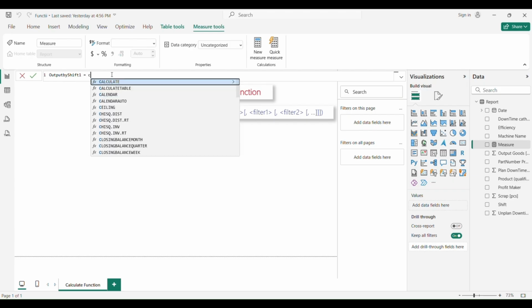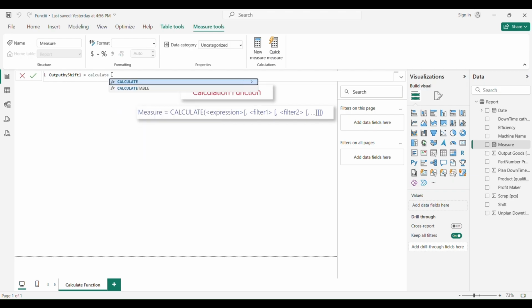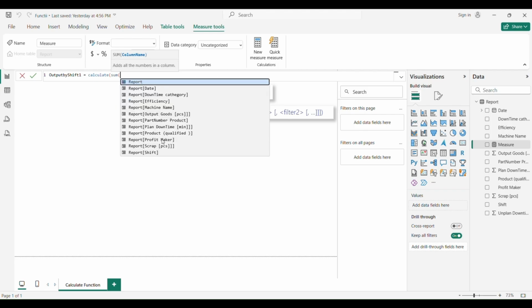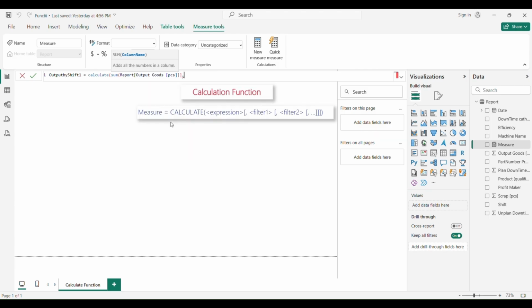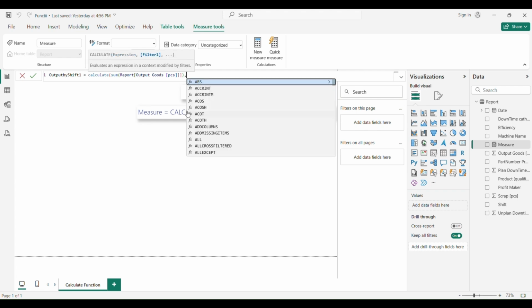And we will say CALCULATE, open parenthesis, and now we need to add an expression. Because we want to know the output for several filters, we will say SUM of our report output goods, and then we close the parentheses, of course, and a comma, and we will apply several filters as we discussed.